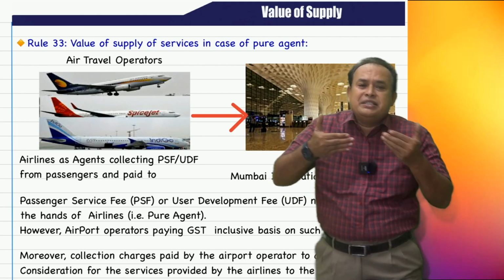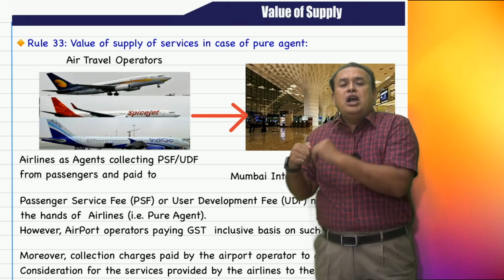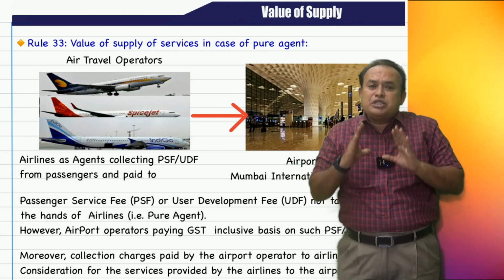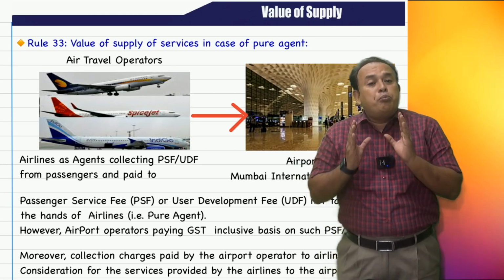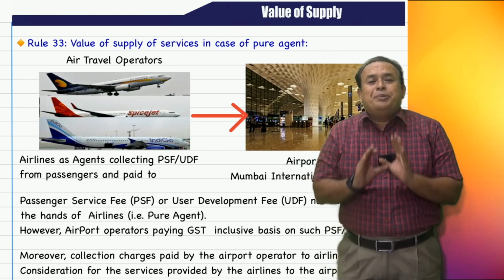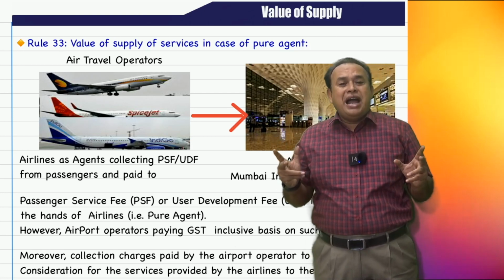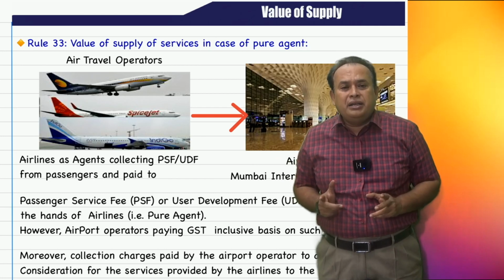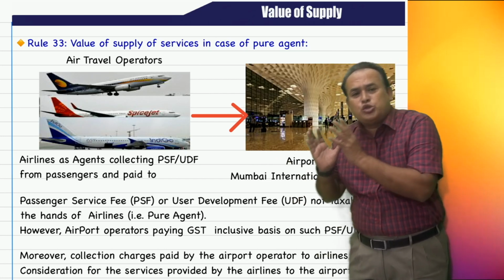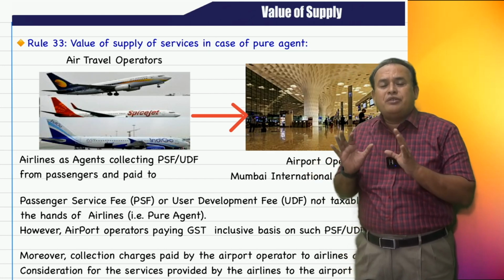On behalf of the recipient, I incurred this expenditure and the same I am reimbursing from my recipient. Such expenditure is called pure agent expenditure. Resultantly, it is not going to be added in the value of taxable supply. In the given case, the GST of 15 lakhs paid to the department on behalf of my client is pure agent expenditure, not addable in the value of taxable supply,